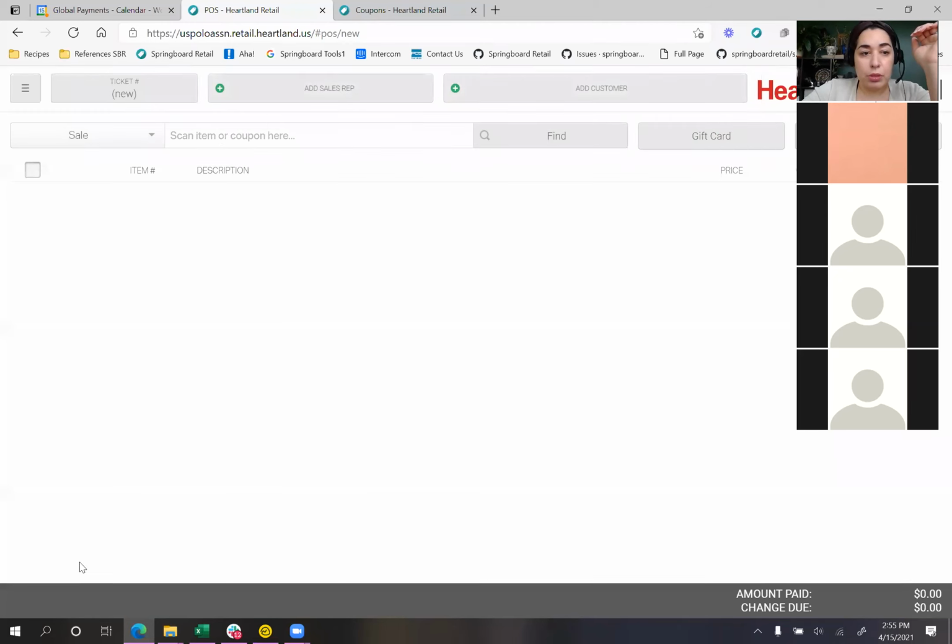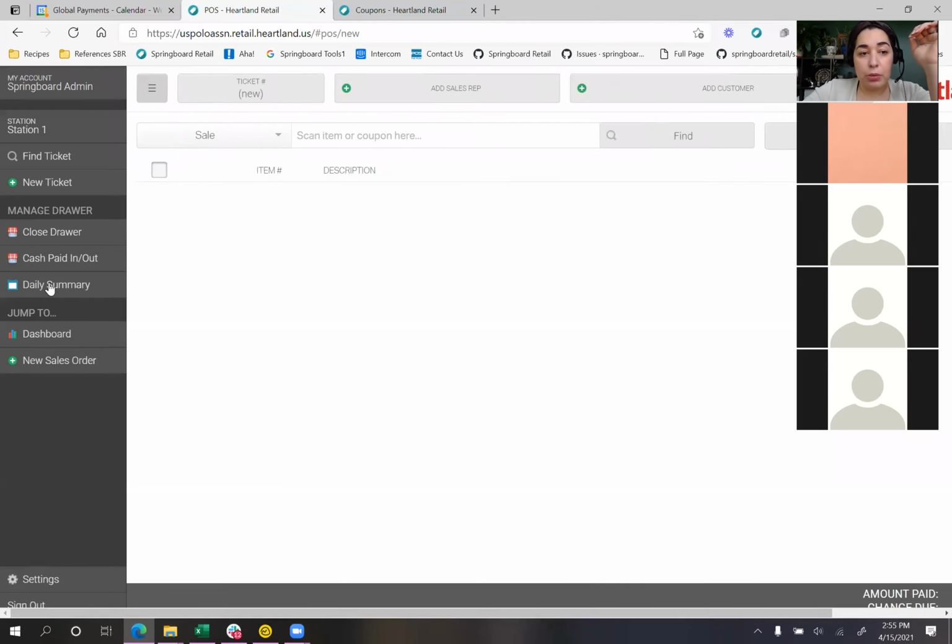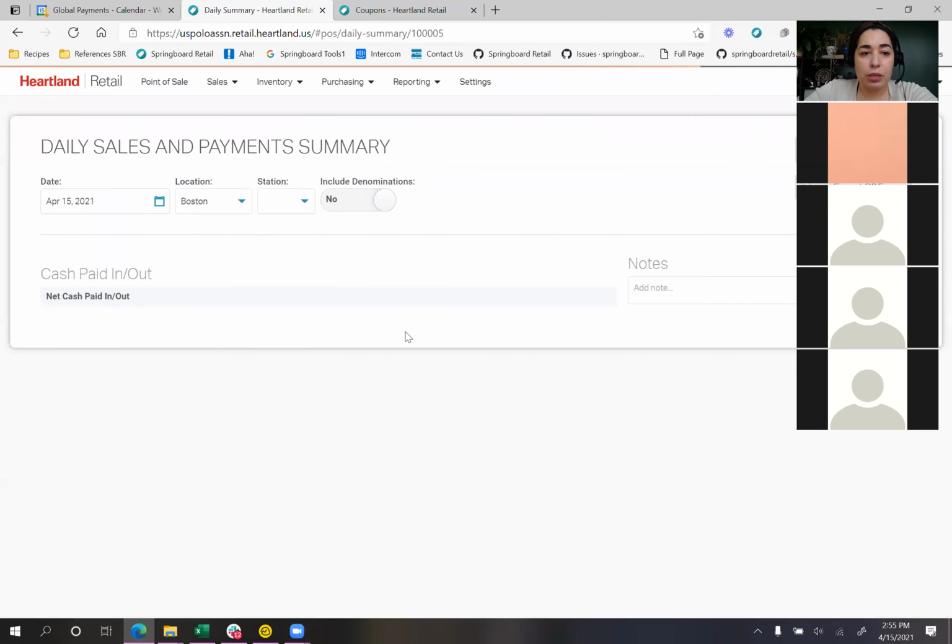And this is important because when you do look at your daily summary, and we'll pull that up here. So last time I pulled it out of the back of office by going to sales and daily summary, but I have a shortcut to it here. Again, the sales drop down over the dashboard reflects everything we're doing in the point of sale. It's just how you look at stuff retroactively. So I'm going to go to daily summary,